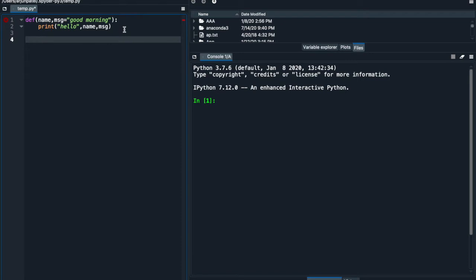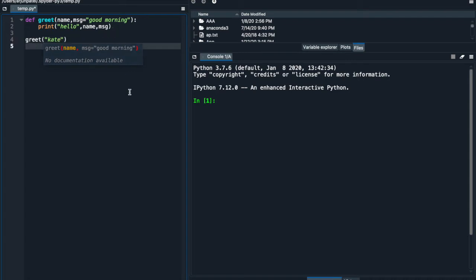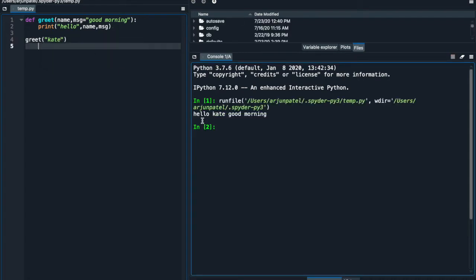Then we forgot the name of the method. Don't forget this, and just call that function with the use of someone's name like cat, whatever. Then run it. You clearly see that hello is printed because of this, name is here, and message is default. Okay, you can change the default key like this,